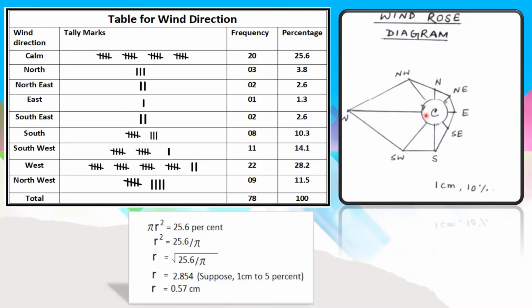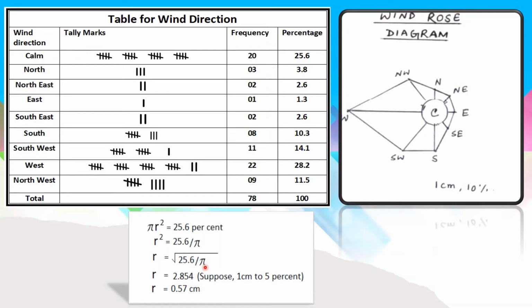For the calm condition with scale, we need to measure the radius of the circle. We have to use the formula pi r square, that means the area of the circle. Here the calm condition is 25.6%, so the area of the calm condition is 25.6%, or we can say pi r square equals 25.6%. R square equals 25.6 divided by pi, R equals root over 25.6 divided by pi, R equals